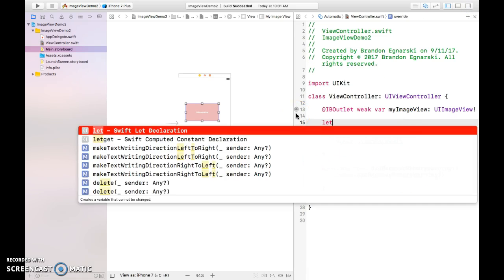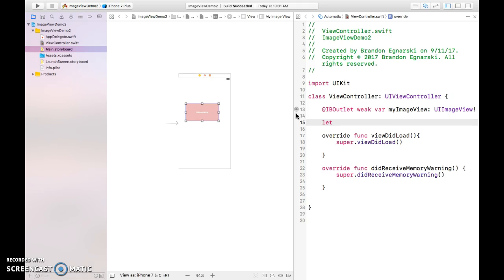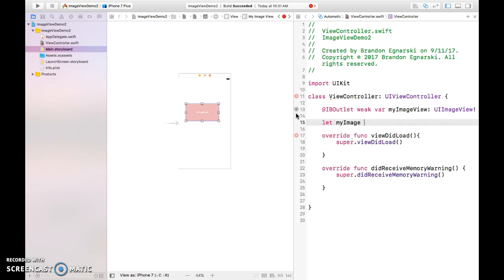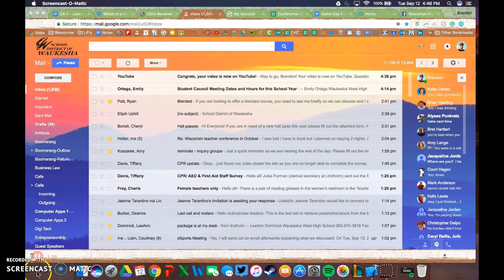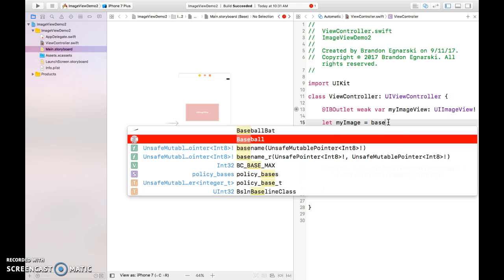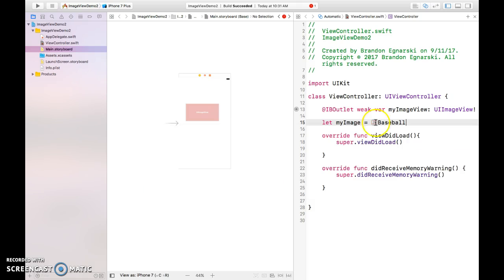I need to write my let statement. Let my image equal baseball. So, here we go. First time I wrote it, it did not pop up. There we go. Autofill baseball. All right. So now when I run this,